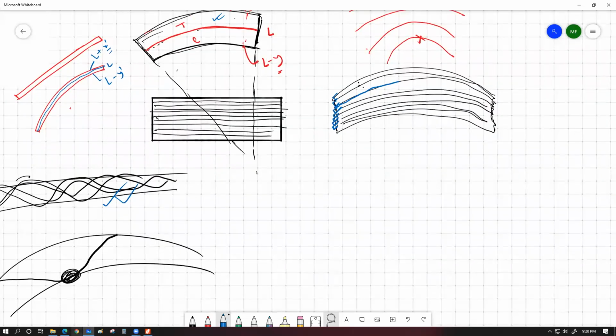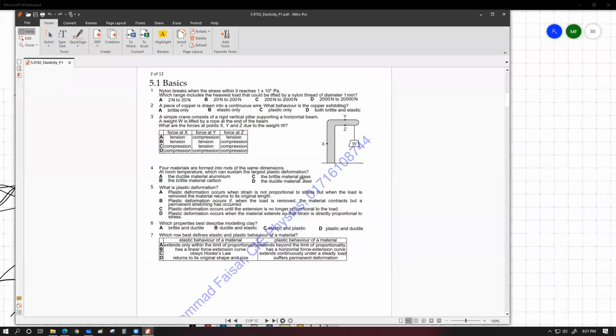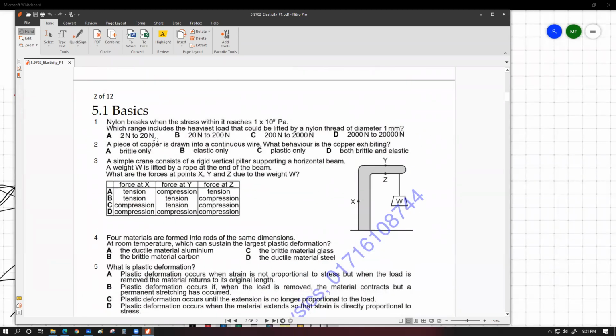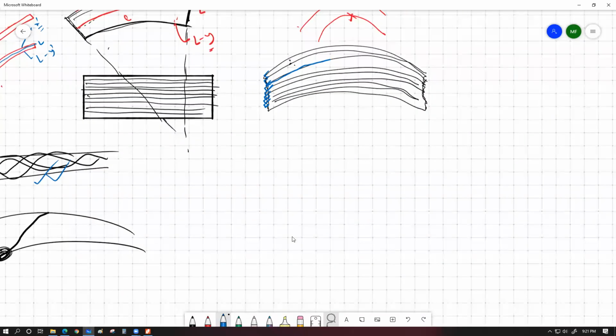So এটা গেল এটা। আচ্ছা, কিছু কোশ্চেন তোমাদেরকে দেখাই। ফর এক্সাম্পল এখানে এটা দেখো, nylon breaks when the stress within it reaches 110 Pascal. Which range includes the heaviest load that could be lifted by a nylon thread of diameter 1 millimeter? এটা হচ্ছে ব্রেকিং স্ট্রেস। সো 1 মিলিমিটার দিয়ে ম্যাক্সিমাম কত কত কত রেঞ্জের কত নিউটনের লোড উঠানো যাবে হিসাব করো।